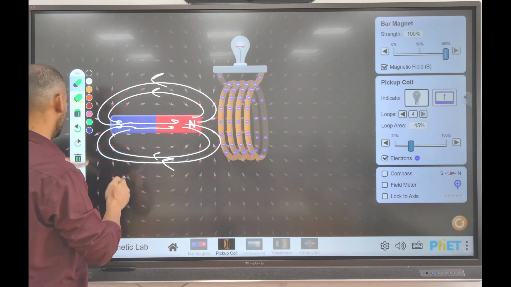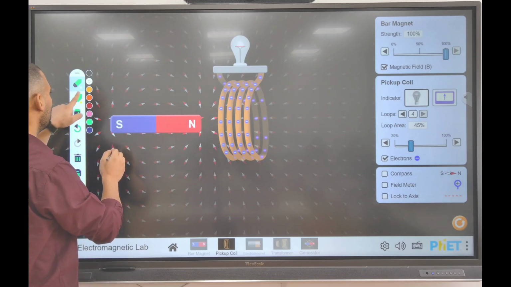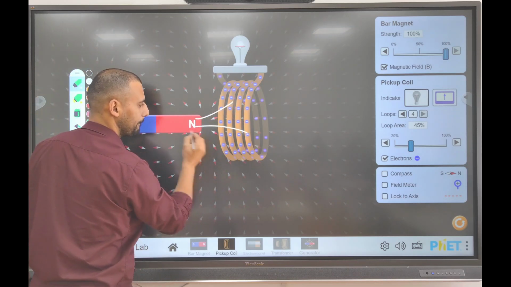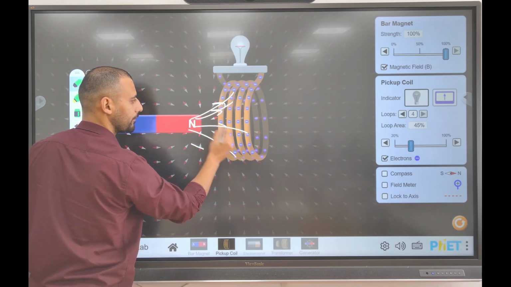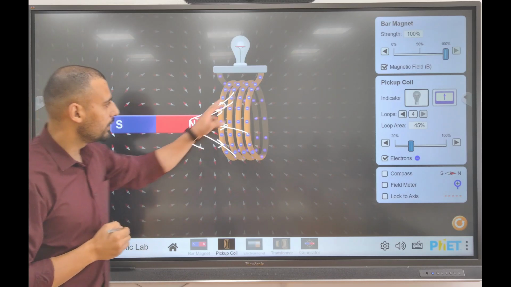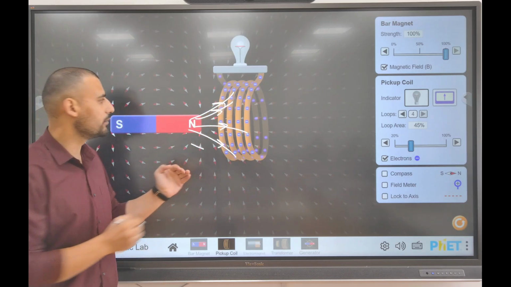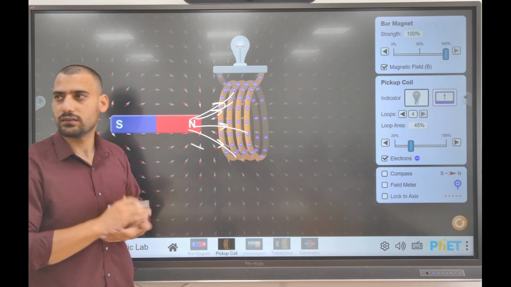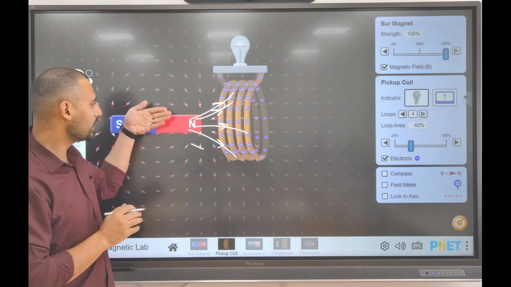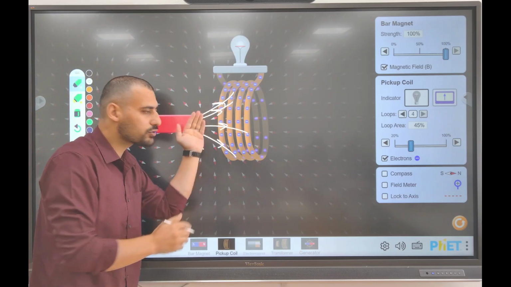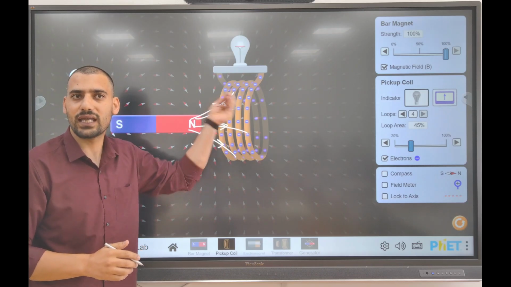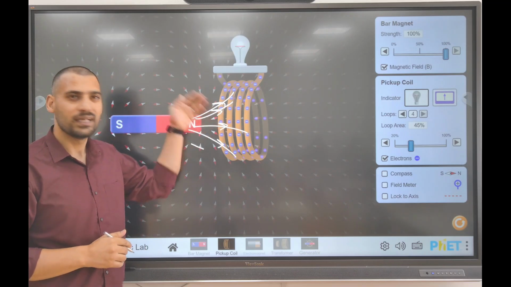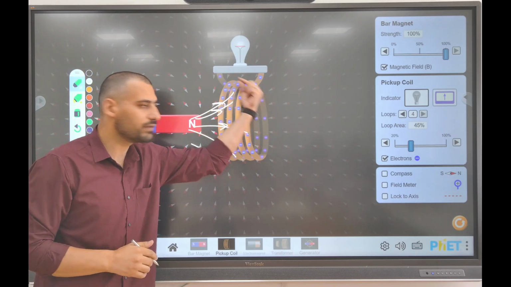If I show the magnetic field like this, for example, tell me, is the flux here more or less as compared to when I am taking the magnet towards the coil? Will the flux through this coil increase? Yes? When I am taking this magnet towards the coil, the flux through this coil will increase. More number of field lines will pass through the coil, isn't it? When I am taking this bar magnet inside, the number of field lines which get linked with this coil increases,